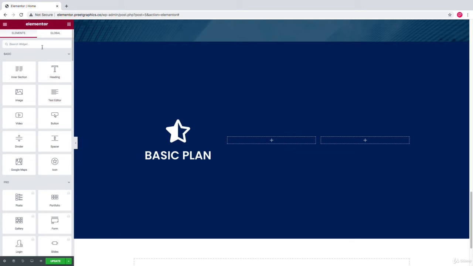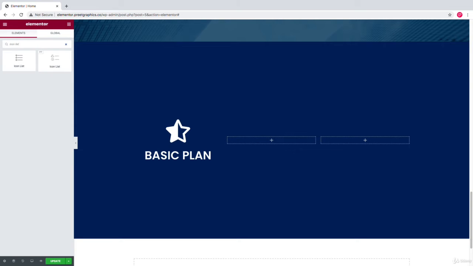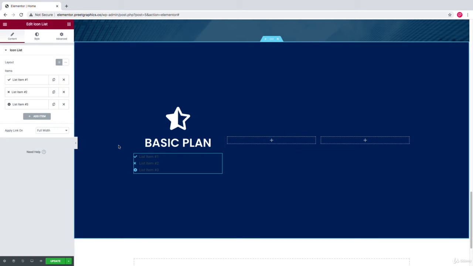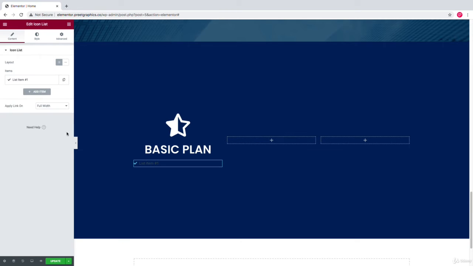Now in the widget option, search for icon list. You can see we have these two icon lists, but we can use the default icon list. Simply drag and drop this icon list right here. Now you can see we have these items right here. First of all, I'm going to delete this one, and this one.